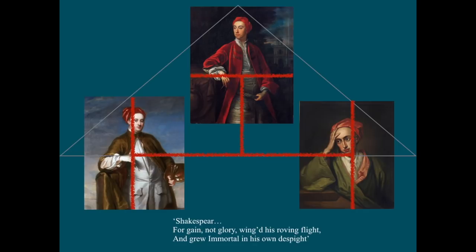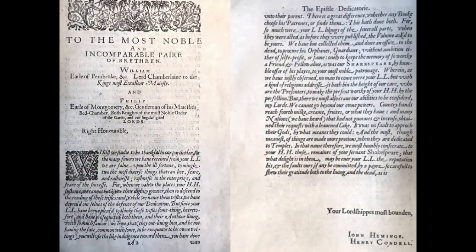So, he grew immortal despite the fact that he was self-effacing and that he did it for humanity. So that's what Alexander Pope had to say about Shakespeare, and is much confused by the Stratfordians, as indeed is this. And I want to finish up with the dedication to the first folio of 1623